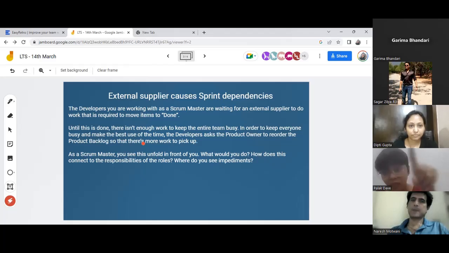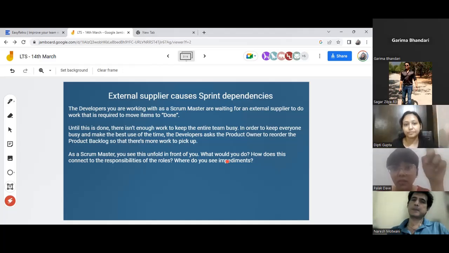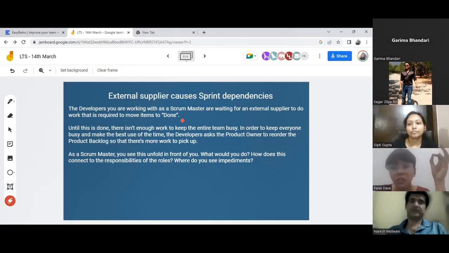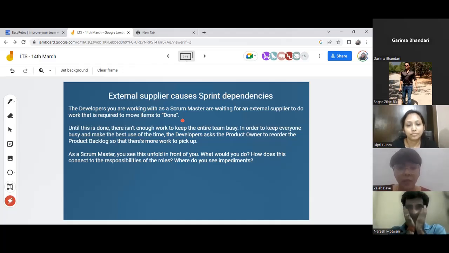Now, what a Scrum Master should be doing over here is to make the product owner understand that your job is to maximize the value from the work which the Scrum team is doing. The order that you have made, is it maximizing the value of the product? The consistent flow of value needs to be there linked with the order. Yes, Naresh. So whatever you're ordering, you have to make sure that some value is generated out of it. So as a Scrum Master, you have to coach the product owner first